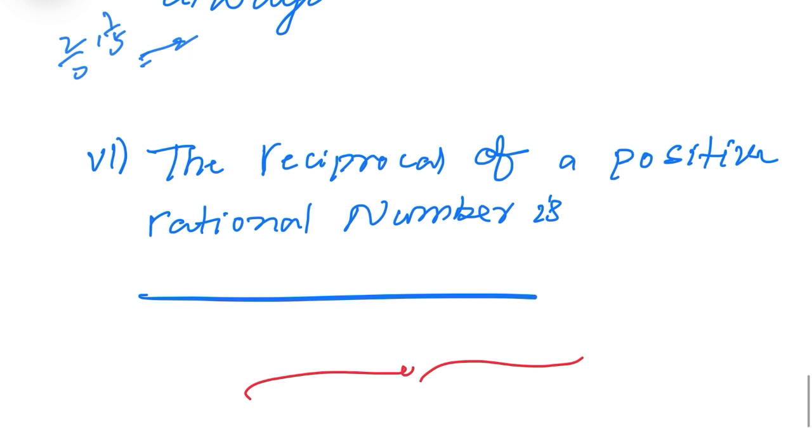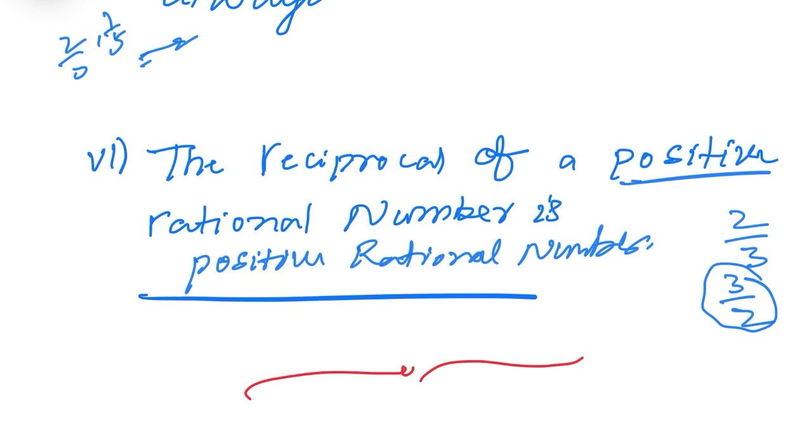Last one you see. The reciprocal of a positive rational number. Any rational number you take, for example, a positive rational number 2 by 3. What is its reciprocal? 3 by 2. That means it is a rational number again. So you can say a positive rational number. Since the given one is a positive rational number, the reciprocal will also be a positive rational number. So, with that we complete exercise